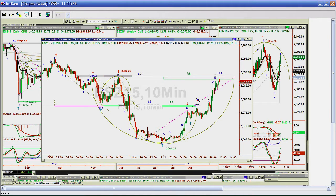And for those of you who are technically inclined with the Chapman wave, that 20 to 7 Eastern time this morning, high of 2076.75, could have been F when we started a brand new buy signal right here and went peak A, B, C, and this is D. So either way, it's either a D or an F or an alternate count B. Doesn't matter what it is. At this particular point, we've made that exact